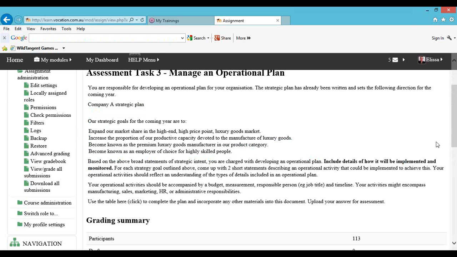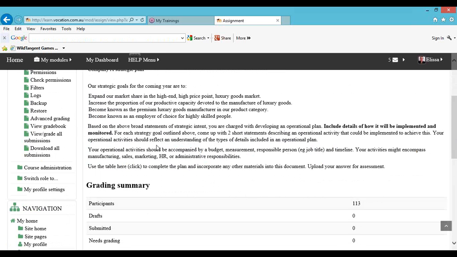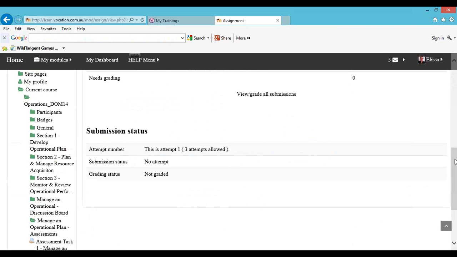Okay? So now here's where you come into play. Based on the above broad statements of strategic intent, so based on these 4 goals here, you are charged with developing an operational plan. So what you have to include is details of how it will be implemented and monitored. And for each strategy or goal outlined above, come up with 2 short statements describing an operational activity that could be